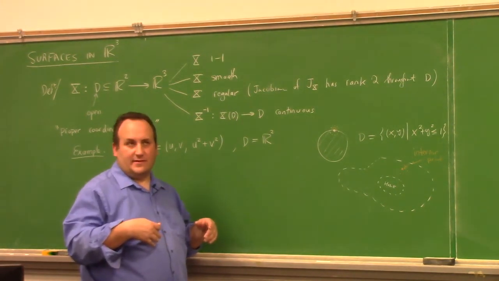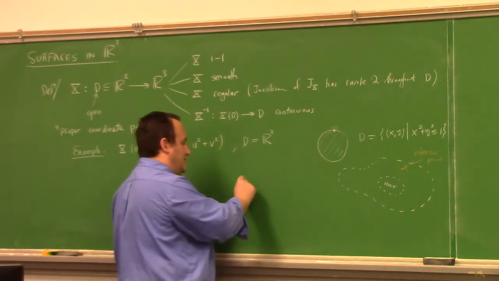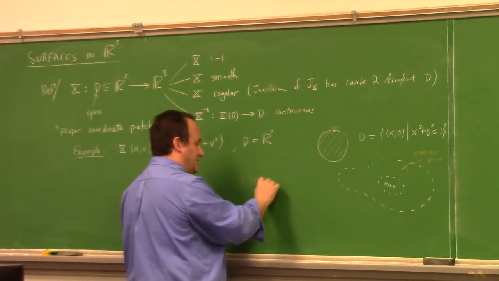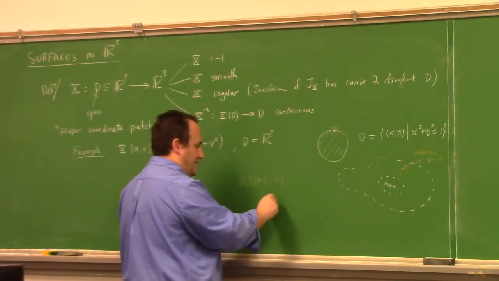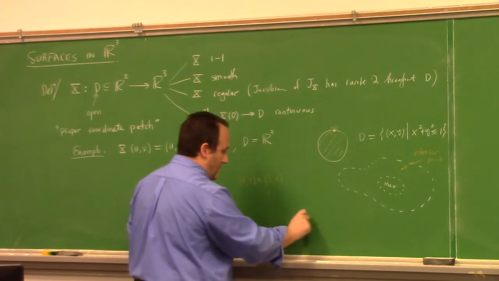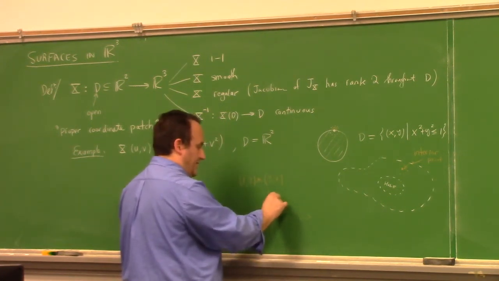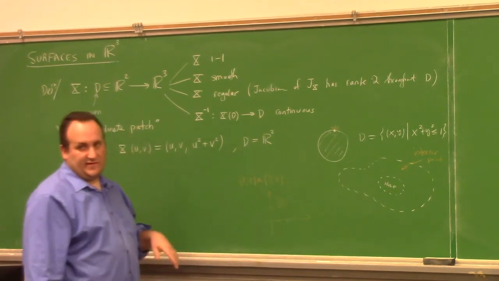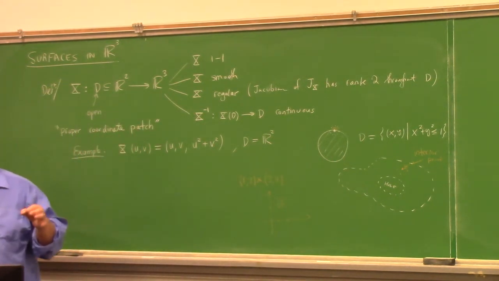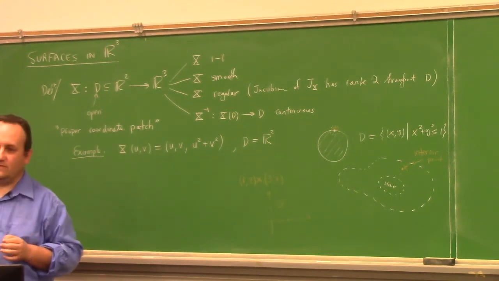But if you take the Cartesian product of open intervals, it's open. For example, if I took (1, 2) Cartesian product with, say, (3, 4), that would give me a rectangle that goes from 1 to 2 and from 3 to 4. That's an open set, because you pick any point in there, you can find a little open disk around that point, which is inside the set.